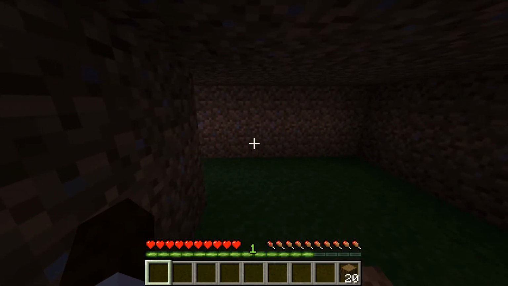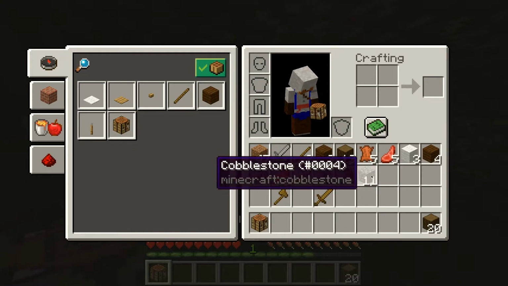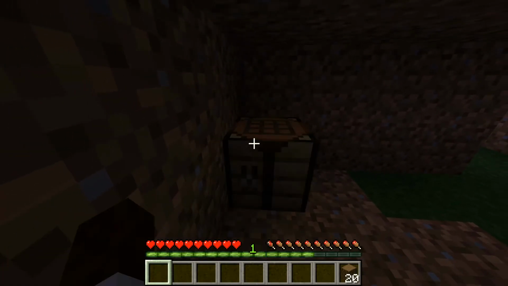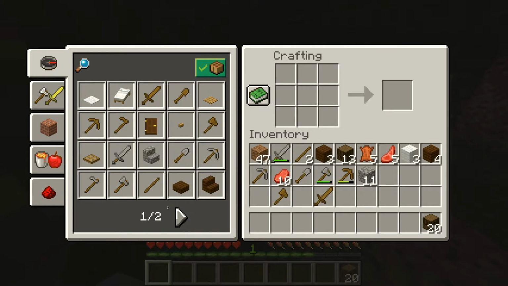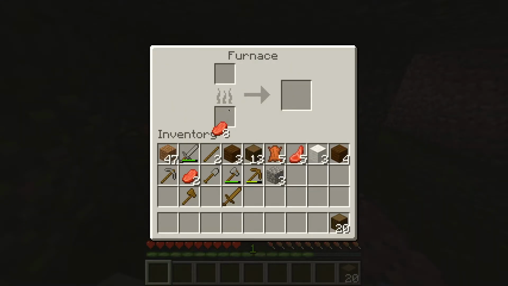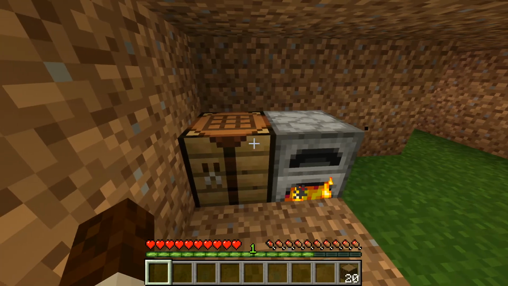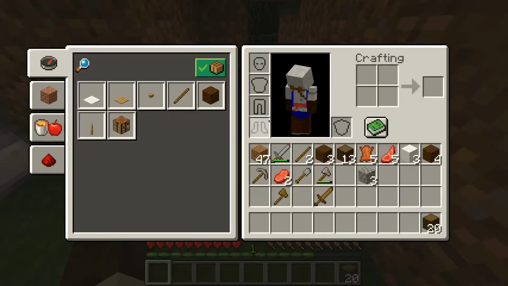But also, let's go ahead and just quickly place down our crafting table, so that way then we can go ahead and make ourselves a furnace. Now we're going to want to make this furnace so that way we can begin to cook up the raw meats that we gathered, and we're just going to go ahead and utilize our wooden equipment by doing just that. Then we're going to go ahead and try and mine up as much coal as possible,